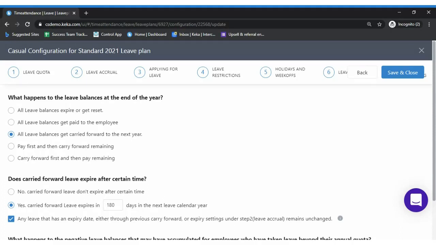In the third option we would be doing the carry forward. Irrespective of the balance the employee has, all the leave balances will get carried forward. So let's assume you have a balance of 5 or 2 or 1, all your balance will be added to your next year's opening balance. That's what we do in the third option.